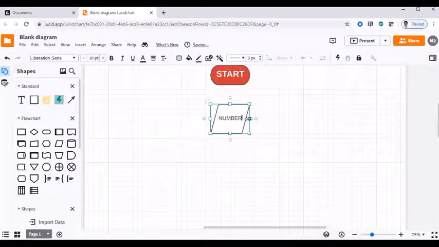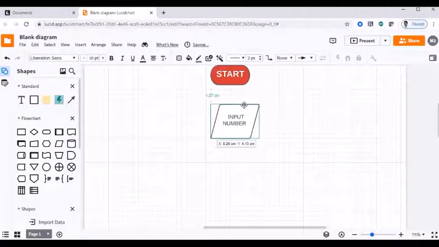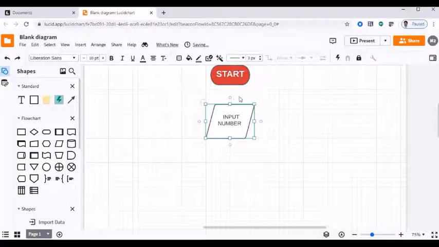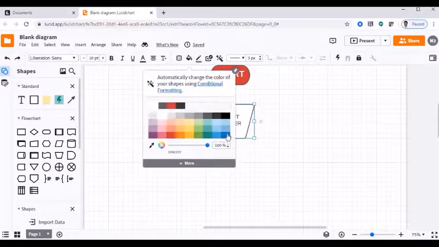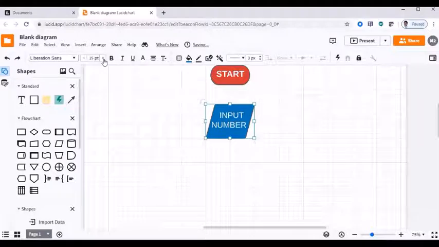If you want, you can increase the size of the shape. And you can click and drag to connect it in a straight line. As shown in the previous diagram, you can fill it with some other color, change the text color, increase the font size, and make it bold.